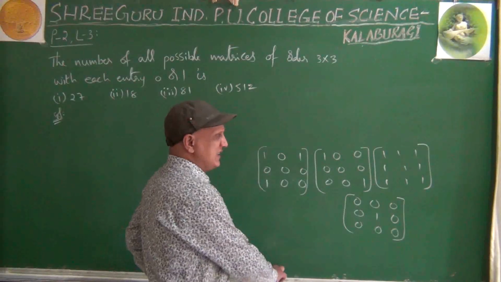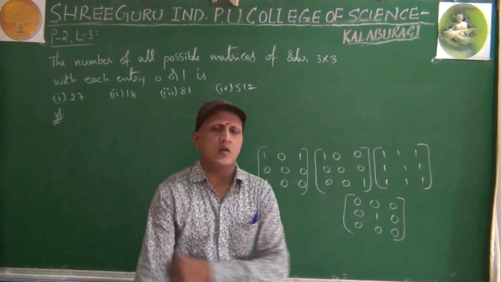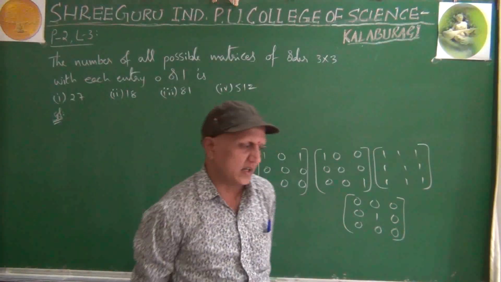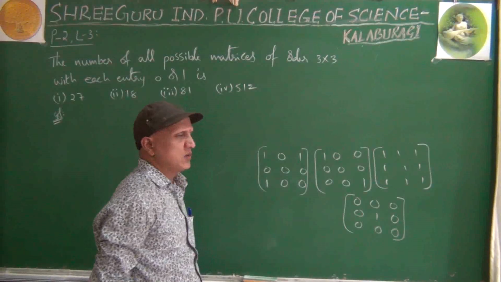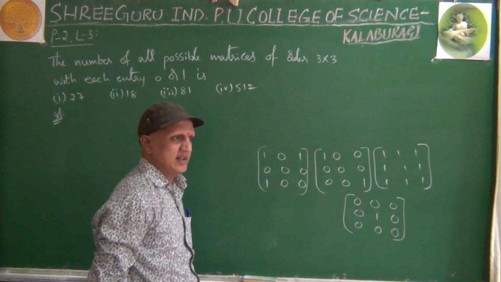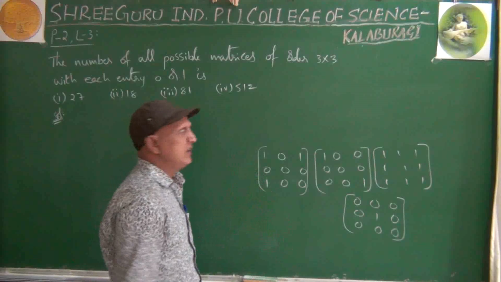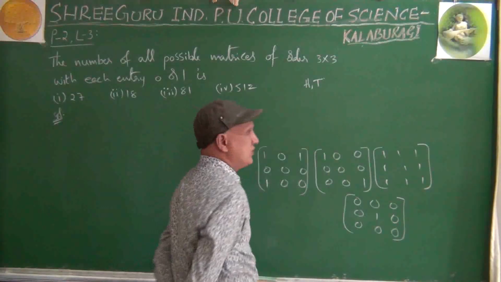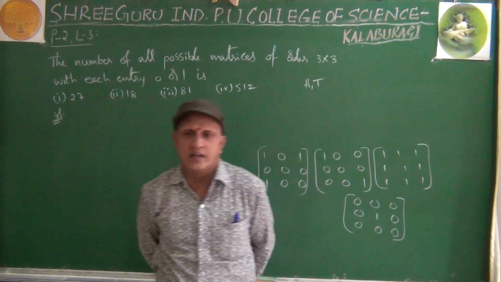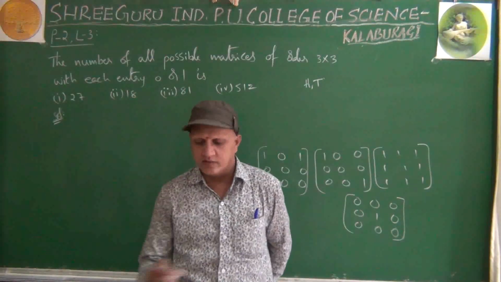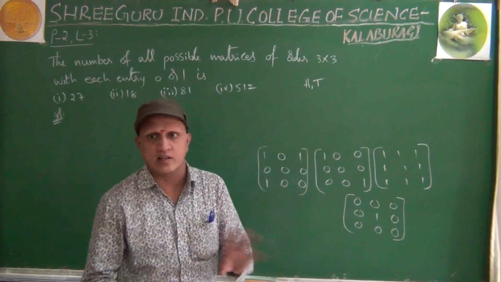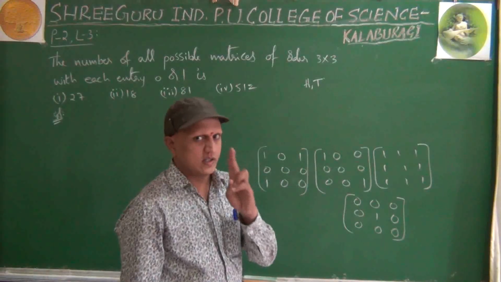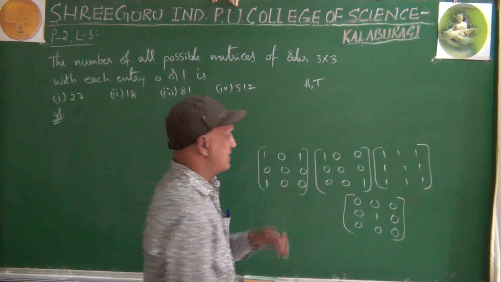To get the answer easily, we have to go to the first year probability chapter. In it, there is a question about tossing a coin. Do you remember it? If we toss a coin, either heads or tails will come. Probability is not even necessary to see this. There are two results only, either heads or tails.